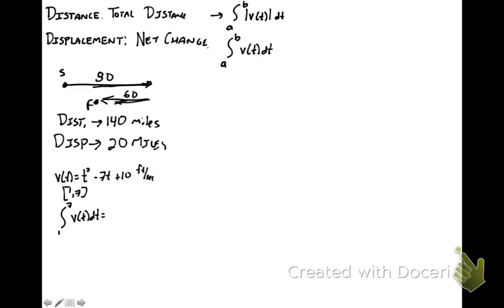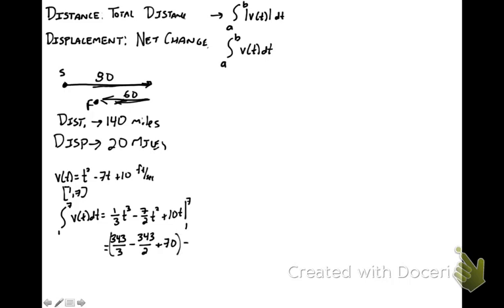When we integrate v of t, we get the function 1/3 t cubed minus 7/2 t squared plus 10t, and we need to evaluate it from 1 to 7. Well, first I'll substitute in 7. So let's see, 7 cubed is 343, and 3 doesn't go into that evenly, so I'll leave that like that. 7 squared is 49, times another 7 is 343, so now I've got minus 343 over 2 plus 70,